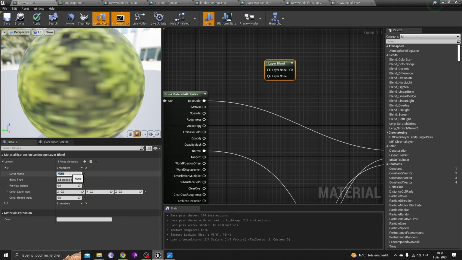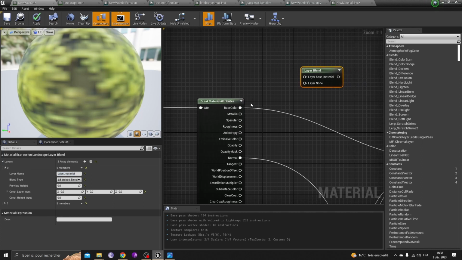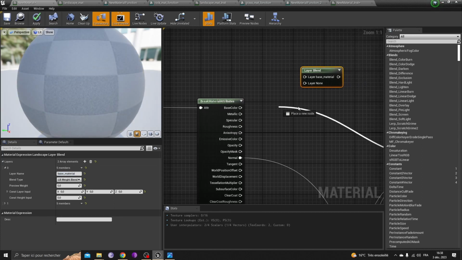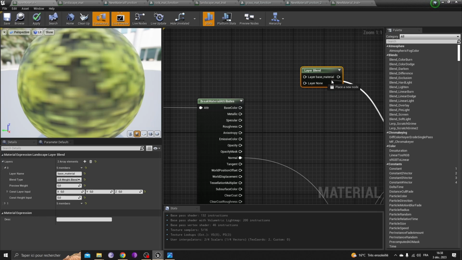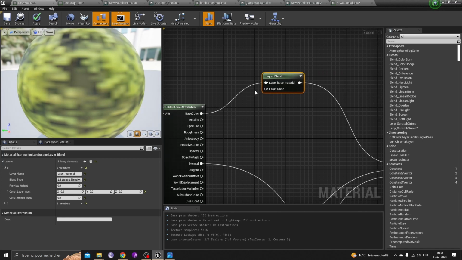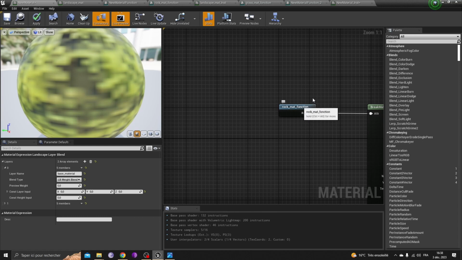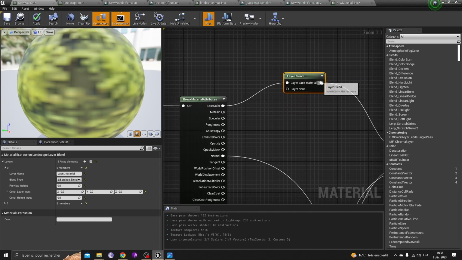For the first one, it will be the base material, which is the grass. Okay, guys, I will disconnect this one and plug it here, and the base color of the